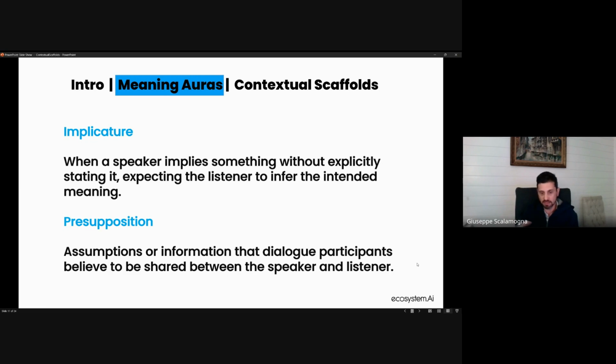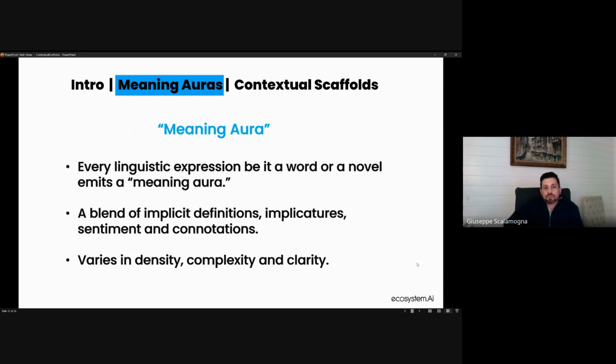And if whatever I'm saying about a dog happens to include or refer to those things, I don't explicitly state them because, again, it's information that I believe the listener already knows about a dog. Which brought me to this notion of a meaning aura, a concept term that I made up. The way I define it is every linguistic expression, be it a word or a novel, emits a meaning aura. And the meaning aura is a blend of implicit definitions, implicature, sentiment, connotation, and it can vary in density, complexity,